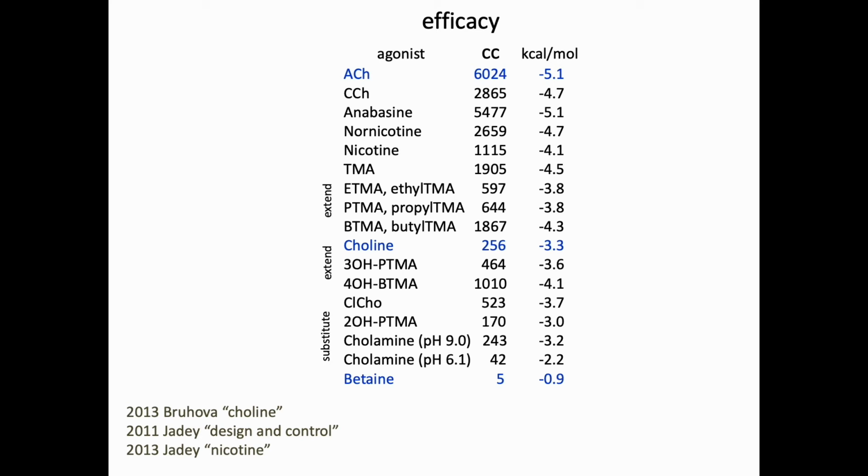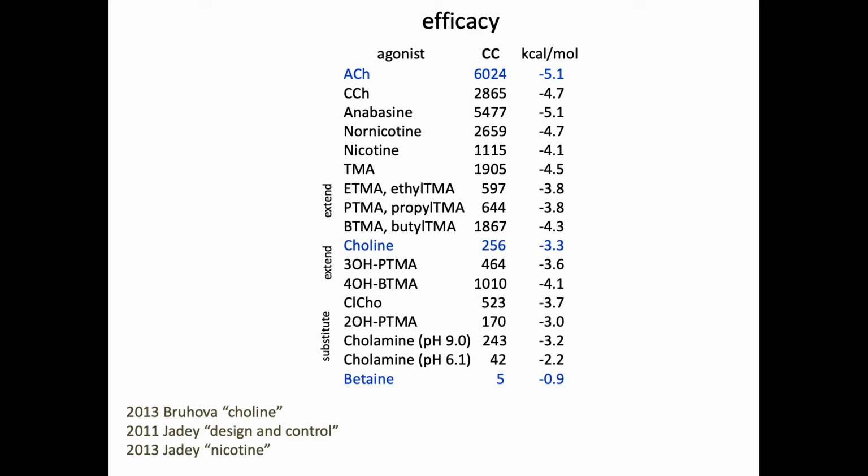So you can try to analyze this for structure-activity relationships. So here's a logical, rational series of ligands where we extend the methylene tail, and you can see as you start to extend it, efficacy goes down, but then it recovers. And the same thing with choline, where you move the OH group further and further away from the quaternary amine, and at some point the efficacy recovers again. But we didn't learn too much from those experiments.